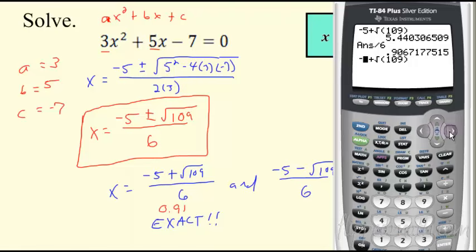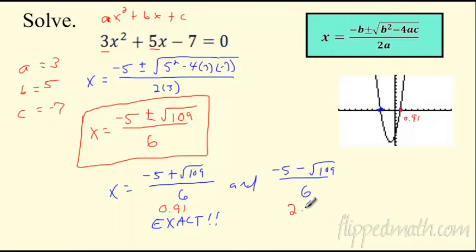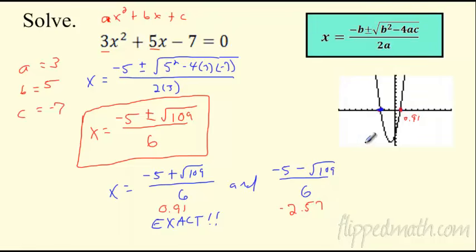And the top is the same except what? This is now minus the square root of 109. Make sure you hit enter because it's the whole top. Divide it by 6 and we get 2.57. So we're looking at 2.57. And I'm thinking maybe that was negative. It was negative. If not, that would have been a bummer. It would have matched our graph. And if you look, this point is negative